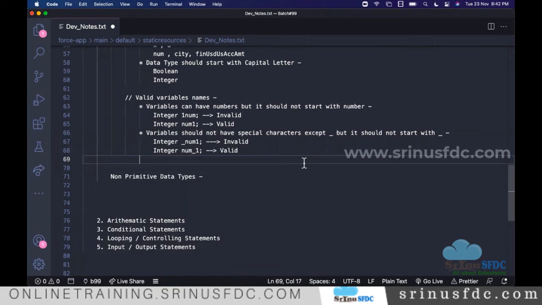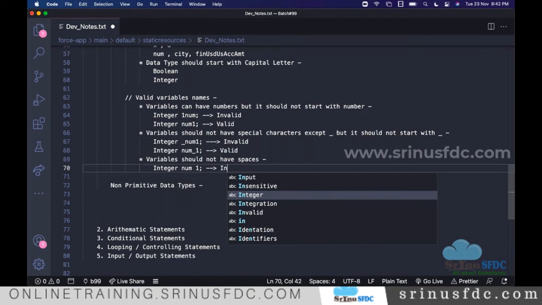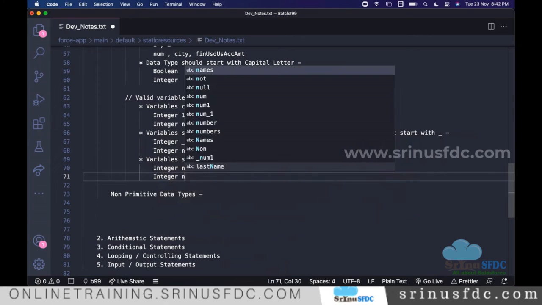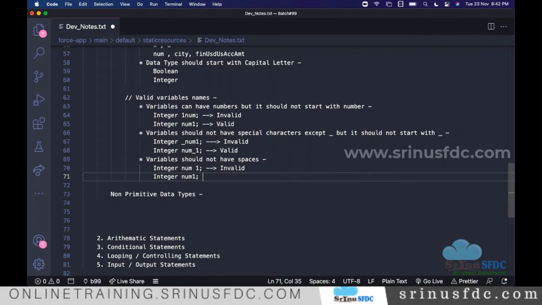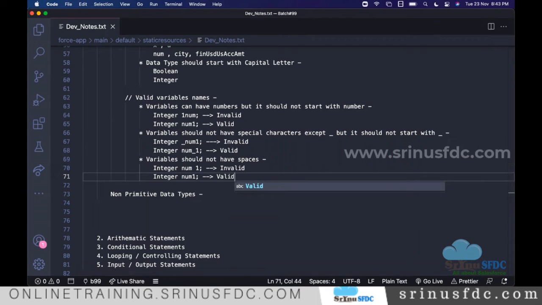The next thing, variables should not have spaces. Let's say Integer number 1 with a space. It is invalid. Variables should not have spaces. Without spaces, if you add it, it will work.